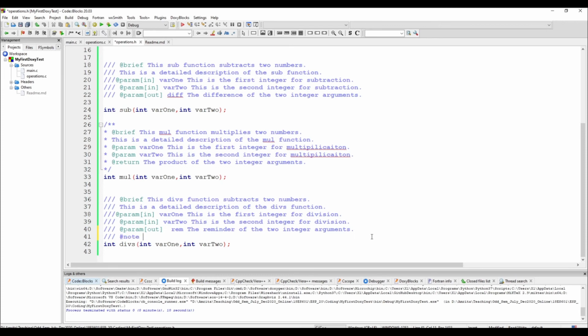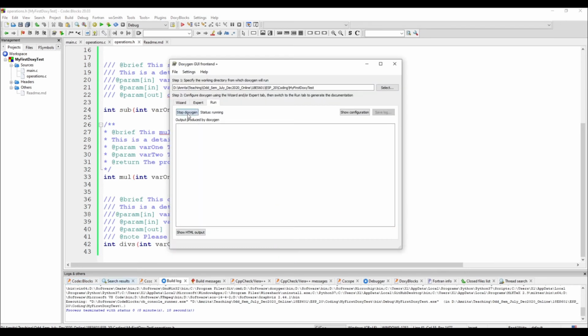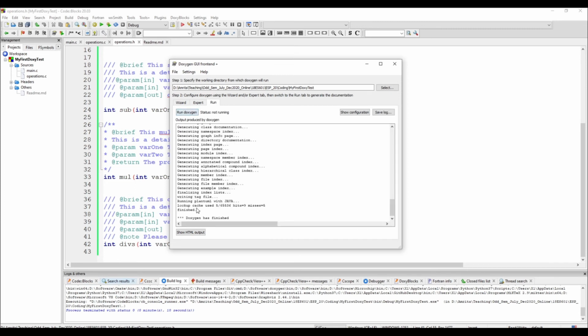So I can use @note, please take care of the input argument types. So if I run this, we'll see what changes it brings about